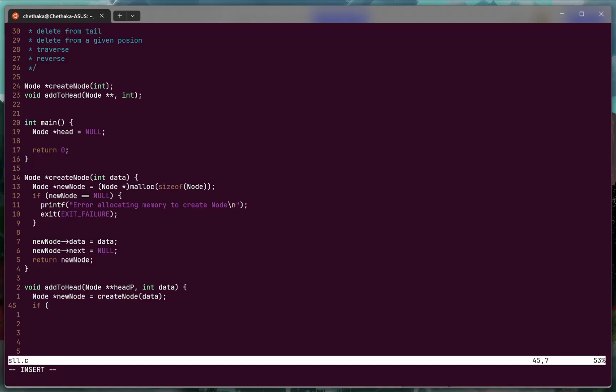I will write this code and then I'll explain what I'm doing here. The linked list is empty, so what we're going to do is